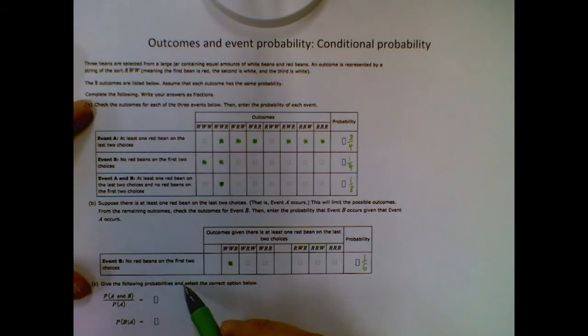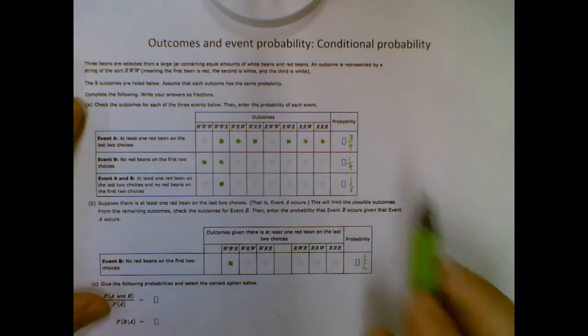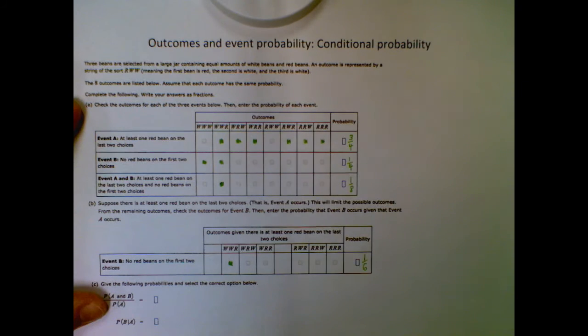So given the following probabilities, okay, so we're going to find these. So what's the probability of A and B is 1/8 divided by the probability of A. So 1/8 divided by 3/4. So we can jump and do that quickly. If I hit 1 divided by 8, that would help. 1/8 divided by